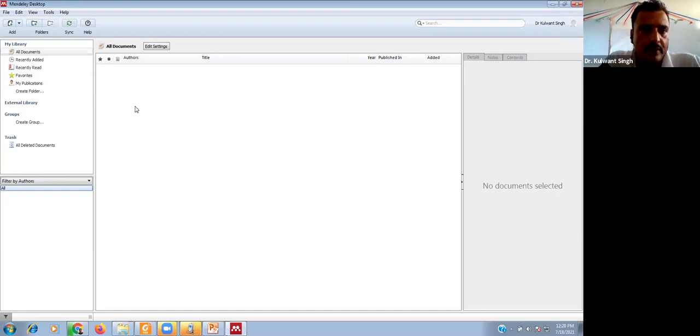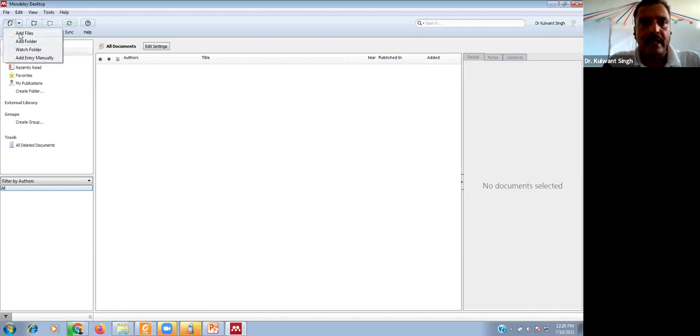So there are a few options. Suppose we are writing an article and we need 20 papers for citation or reference purposes. All 20 papers should be in our library. So we can create the library, or we can add the documents. There is the Add option. There is the Add File option, the Add Folder option, the Watch Folder option, or the Add Manual Entry option.